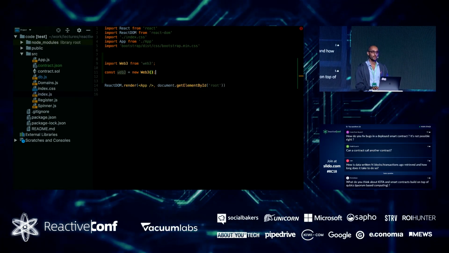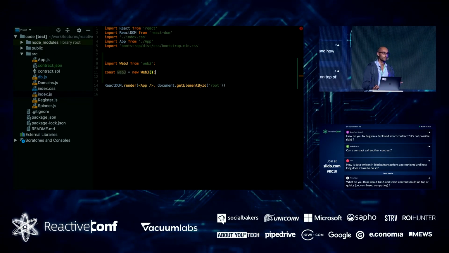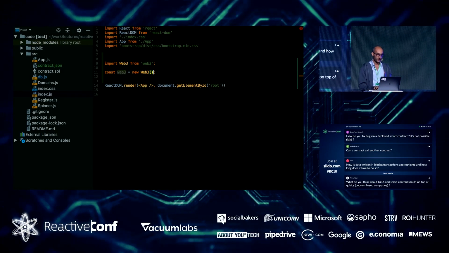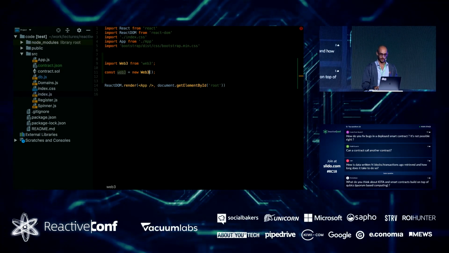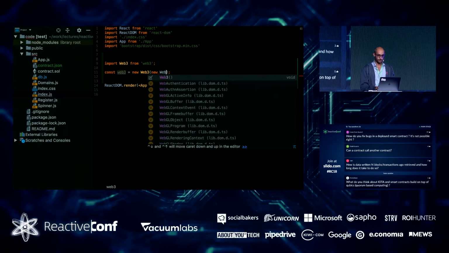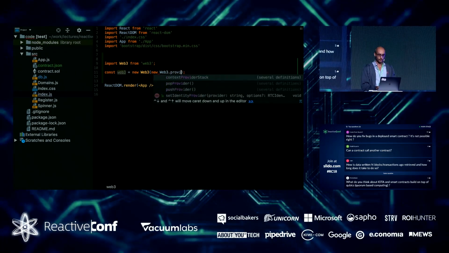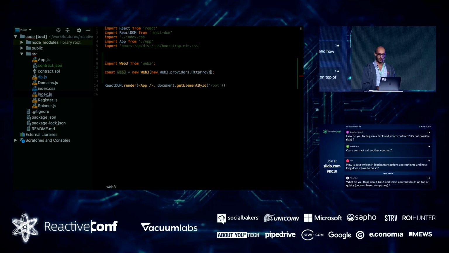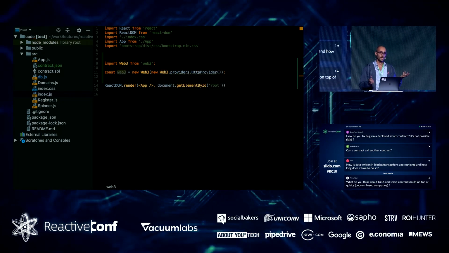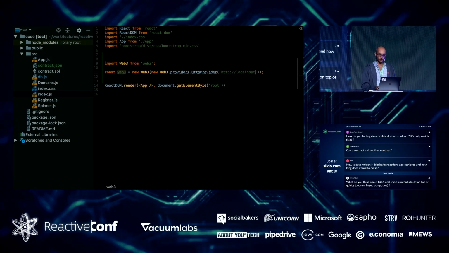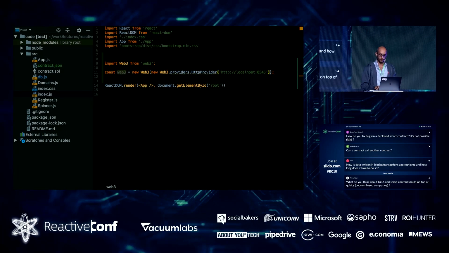Now, since I want to connect to a specific node, right, I might have a test network, a production network, and a local network, we actually have to create some kind of connector for Web3. In my case, it's a local node, so we'll create a Web3 provider and use the HTTP provider for that. Just a regular HTTP connection, HTTP localhost on port 8545.